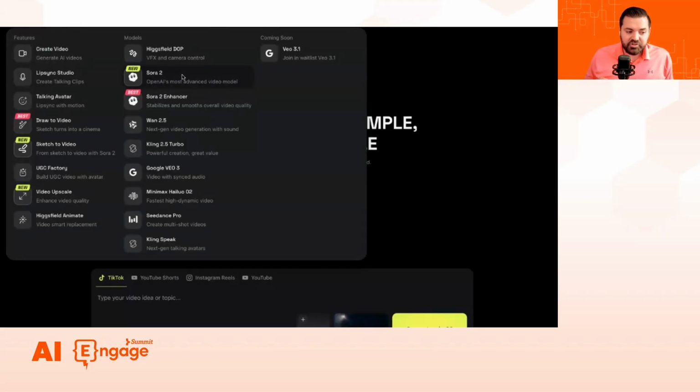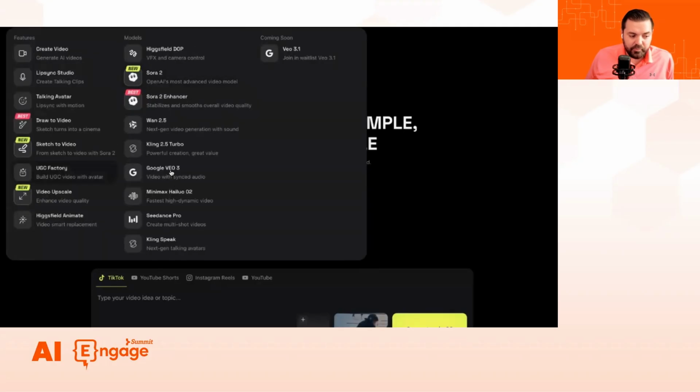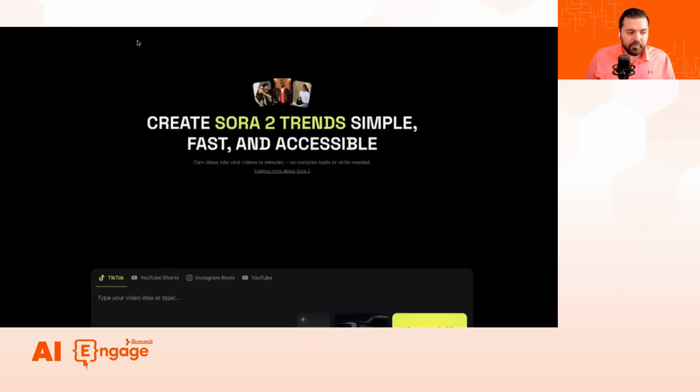They actually have unlimited generations of Sora 2 until October 18th, or I believe they're giving people free credits around that. Obviously you have to buy the subscription, but then they give you a whole bunch of credits, so you can see how many credits you're using to generate some of these videos. They also have Google Veo 3, so you can get all of the different models. There's other models as well. Some are open source, some are more like draw to video and sketch to video and so forth. So they've put all these different models together for you.